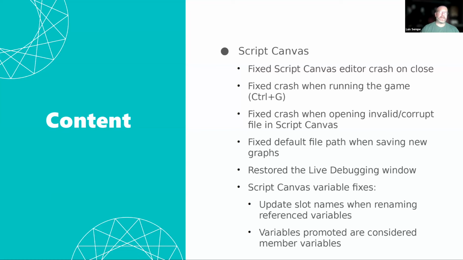A few fixes regarding variables in Script Canvas. There were things that if you rename them, all the references in the other nodes would not get updated. And the way variables were being used when you assign them to a slot, it was like a local variable in a function within the generated Lua, which made it so that you wouldn't keep the value across the section of that script. So fixes like that.